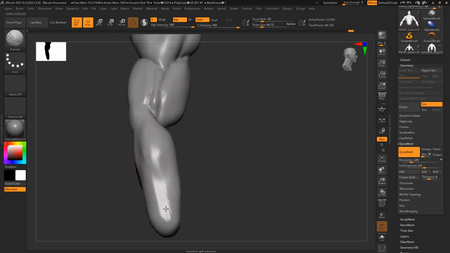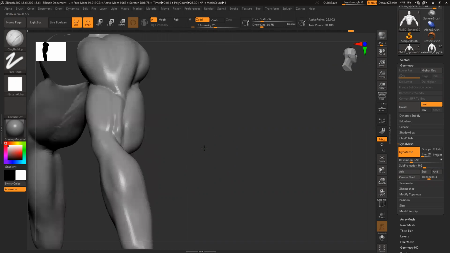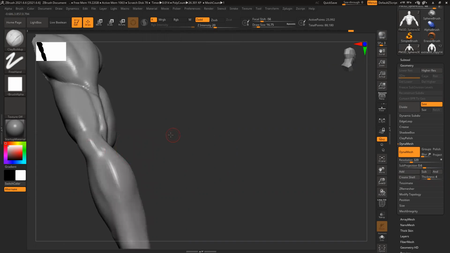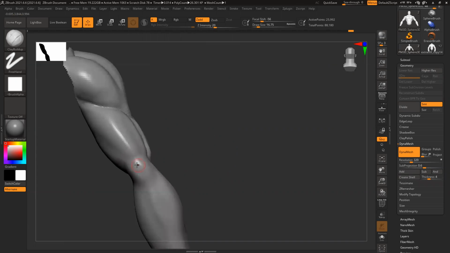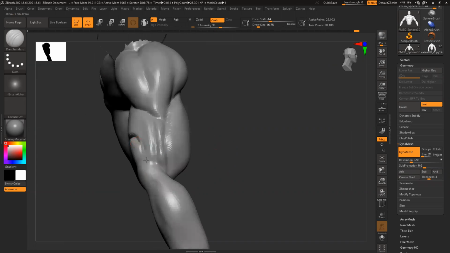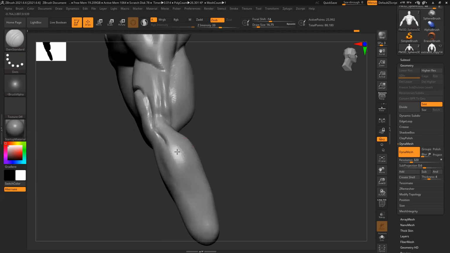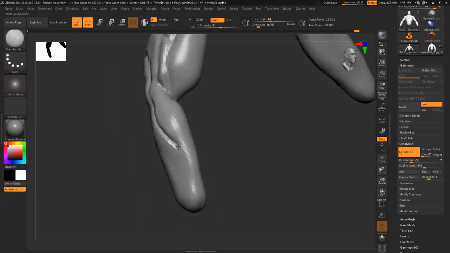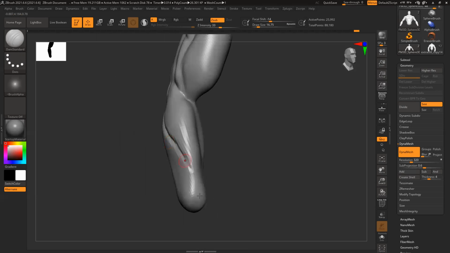So sidewise, to check the elbow, before the elbow is under the triceps. We have multiple muscles here. This elbow bone is very prominent, so we create this depth, and it connects to your forearm muscle. It rotates, you can see, based on the shape of the hand. It rotates according to the hand.